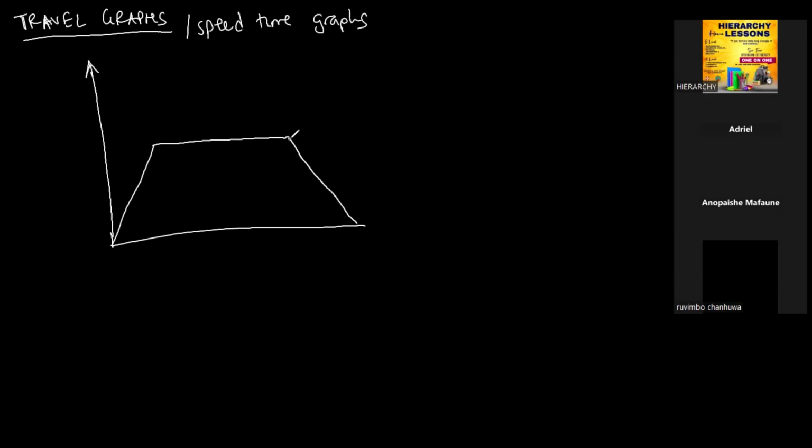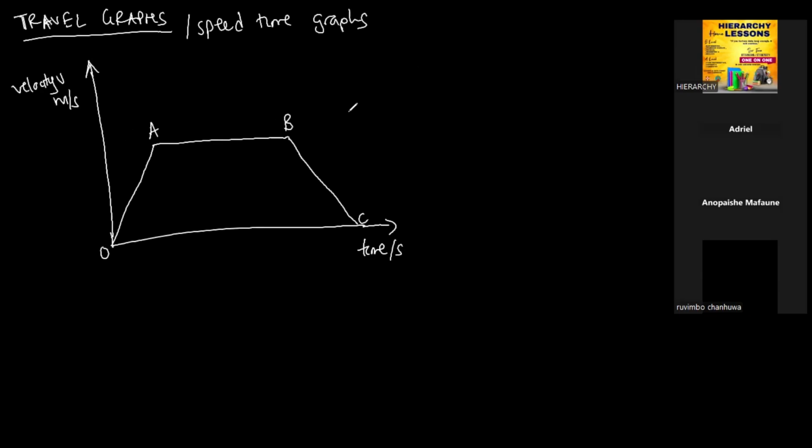And then we have this, right? So the time will be written on the x-axis, and then the velocity v will be written on the y-axis. So it's in meters per second, right? So if this is the point O, and then this is A, and then this is B, and then this is point C, right? So for a body that is traveling,